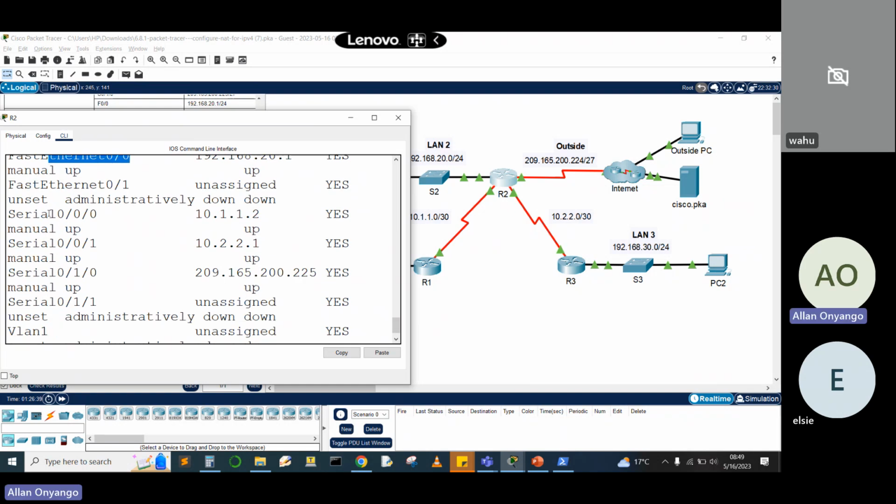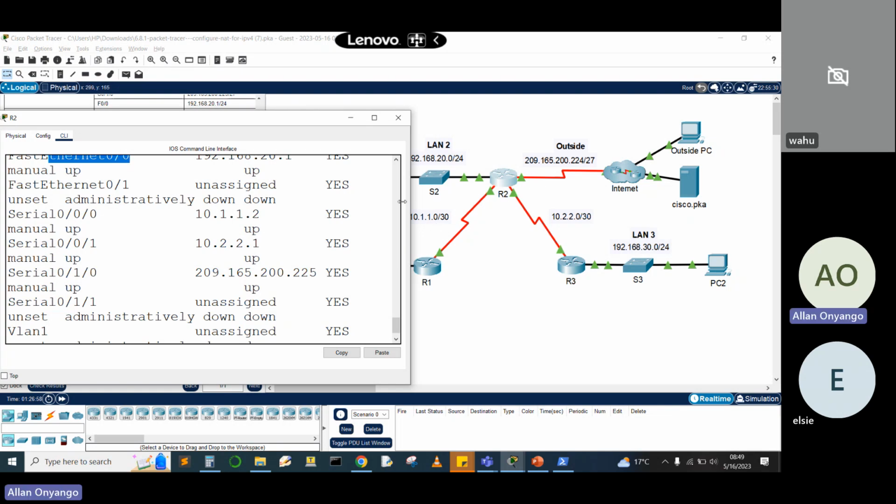Then serial 0/0/0, the one going to 10.1.1.2, and then serial 0/0/1, the one going to LAN 3. And then we have the only interface, serial 0/1/0, the one going to the internet,